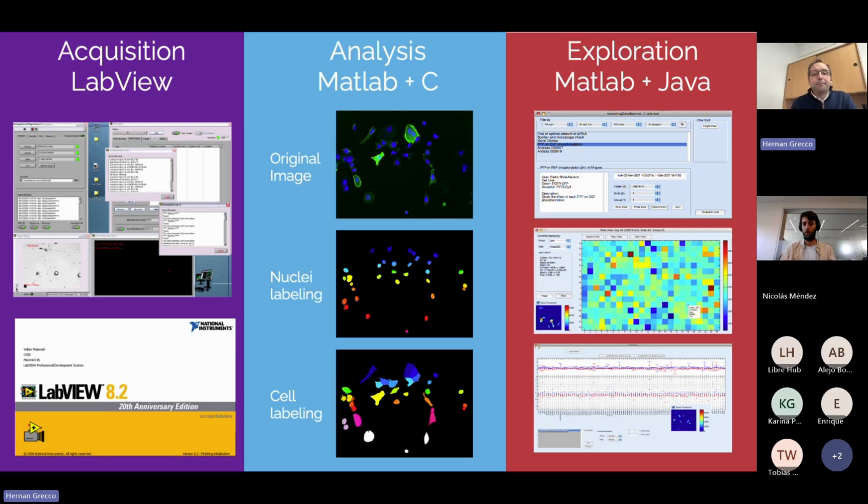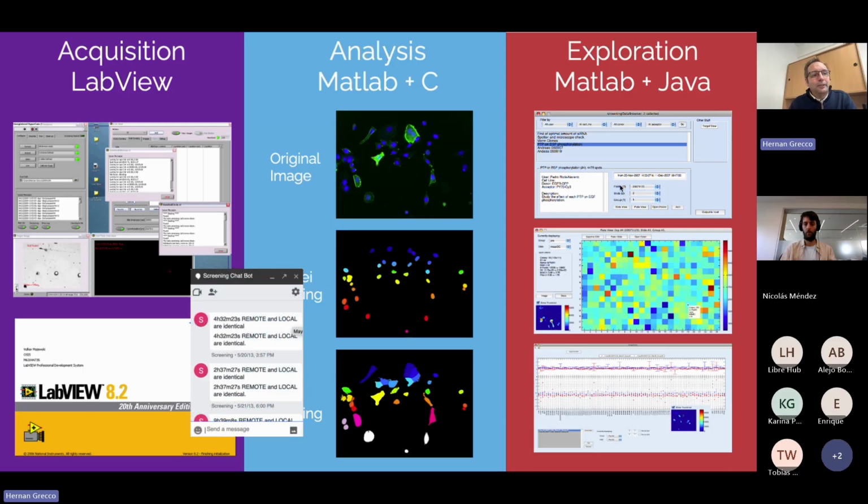And also on top of that, the Max Planck had a very strict VPN at that moment in the institute. And therefore, in order to know the status of the microscope from outside the lab, I built a chatbot using Gmail chat at that moment that was telling me what the status was, how many hours were still missing, and so on and so forth.